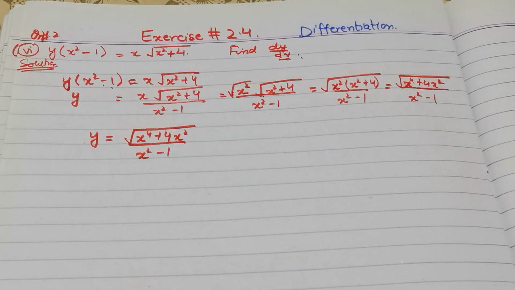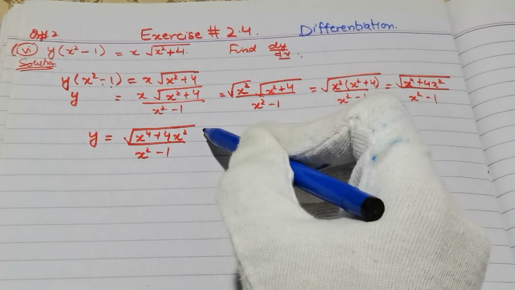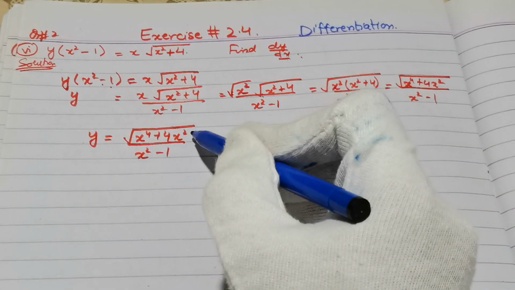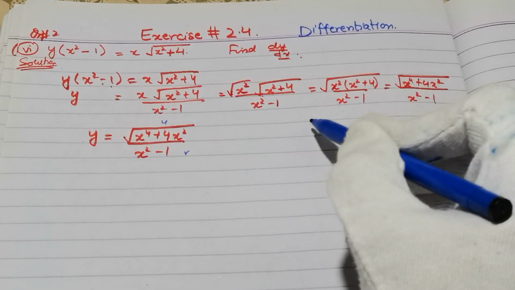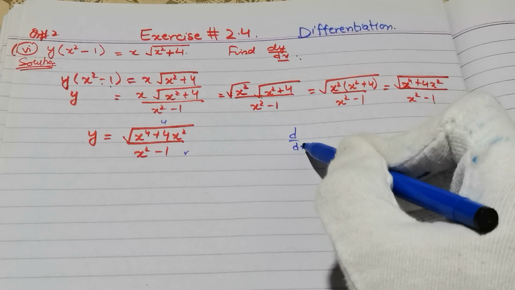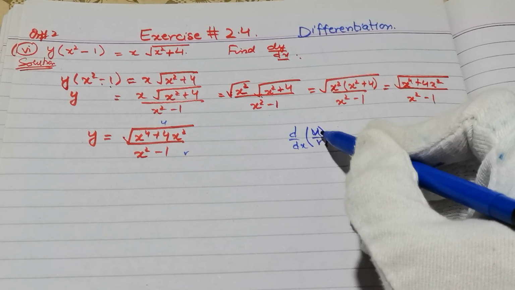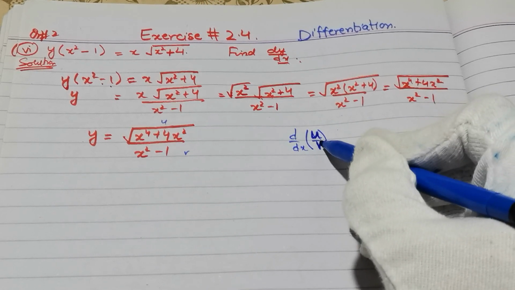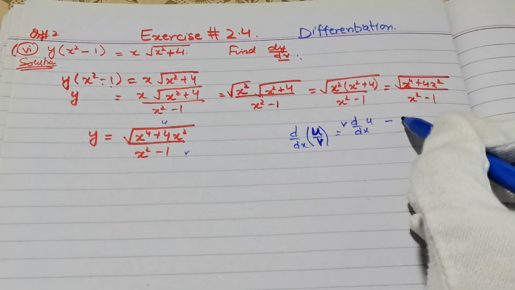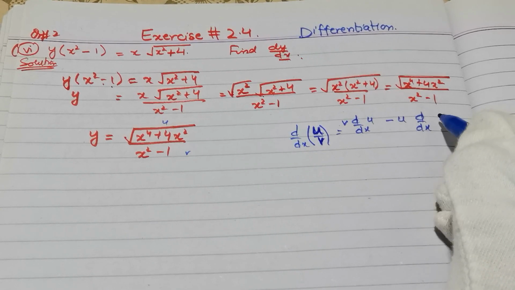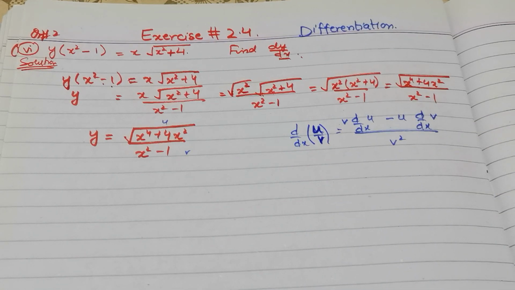Now our equation becomes the simplest form. Here we can see that there are two variables. This term we consider as u and this term we consider as v. Now we apply the derivative of a quotient, u divided by v: v derivative of u minus u derivative of v, whole divided by v square. Here we can see that